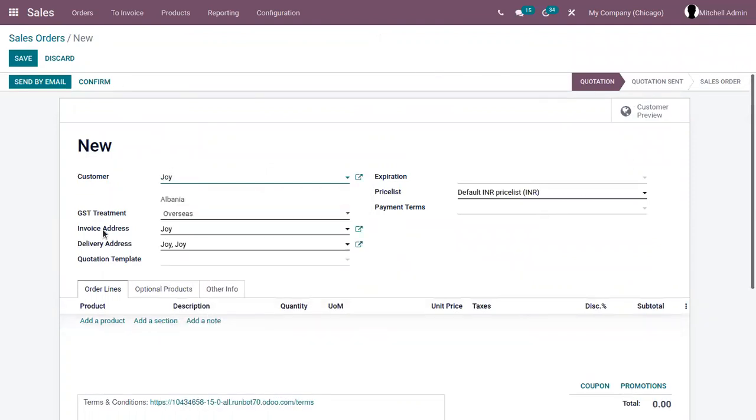So you can see invoice and delivery address set inside the customer contact form is added here.